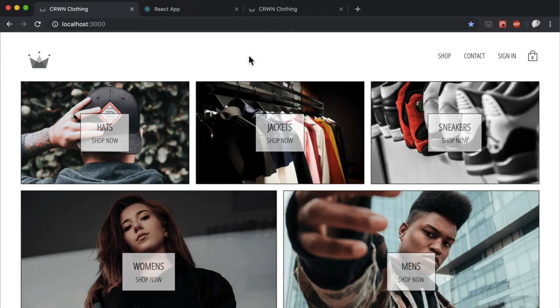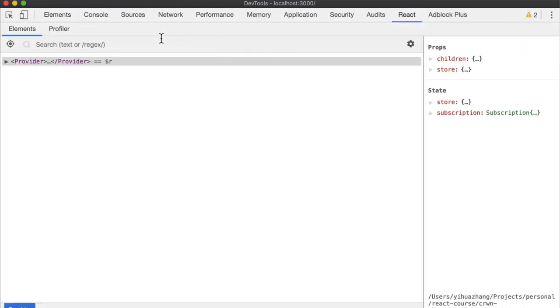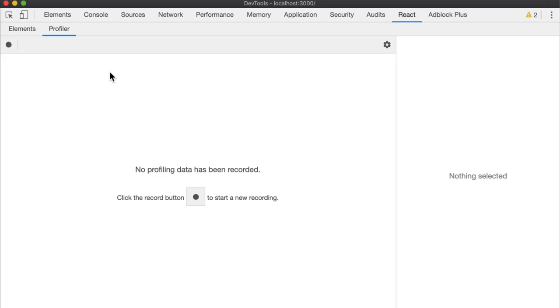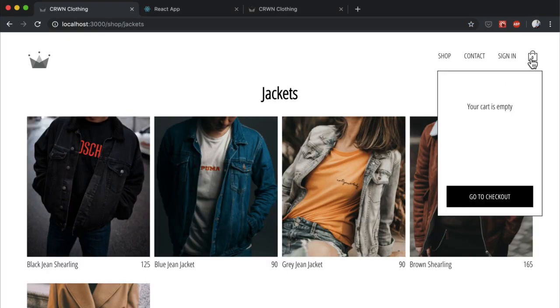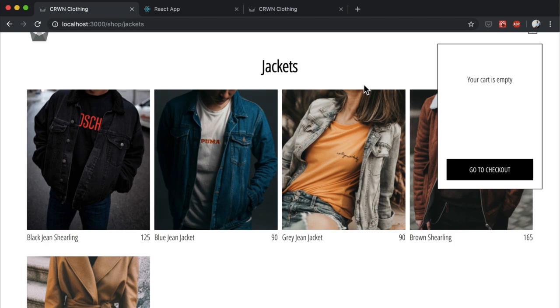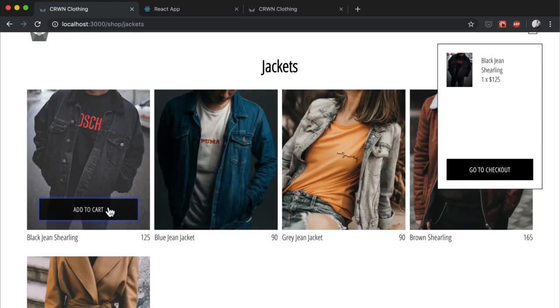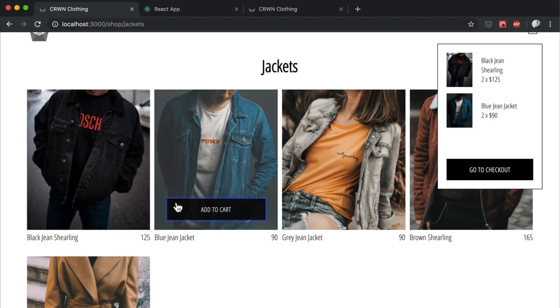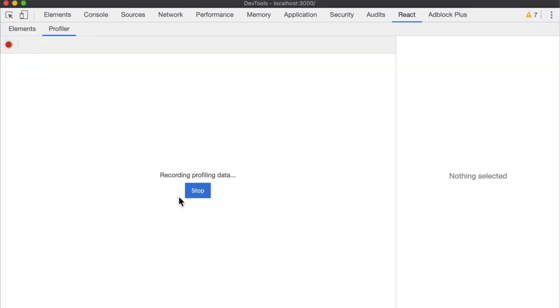If we were to open up our DevTools and go to our React profiler, and let's say, for example, we go to our jackets page. We open our dropdown, and I start adding items. If I start profiling, and I add 2 black jackets, 2 blue jackets, and 5 gray jackets,